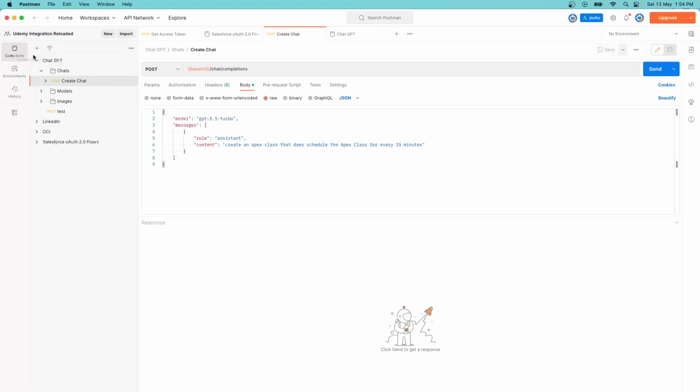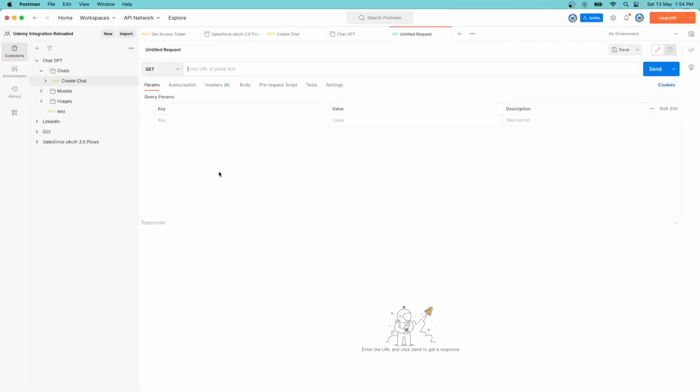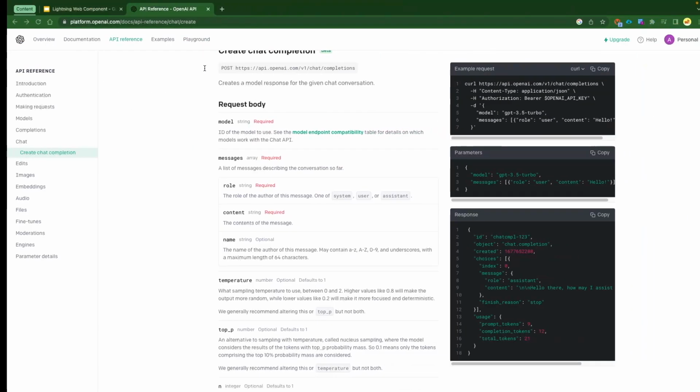Once you're in Postman, I hope you know how to use it, because we have already used Postman as part of the Salesforce plus WhatsApp integration series. Click on New, and it will ask what you really want to do. We want to make an HTTP request. Click on that, and it will open a request for you. This is going to be an untitled request. Now it is asking which URL you want to call and what the method is. The method is POST, and for the URL we can quickly